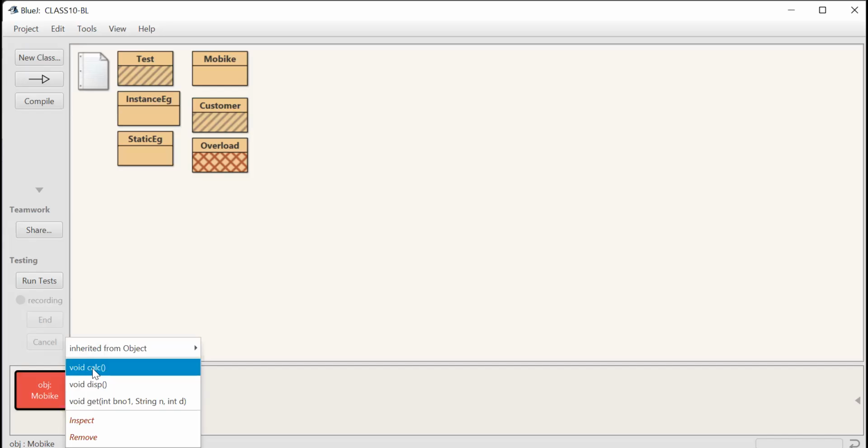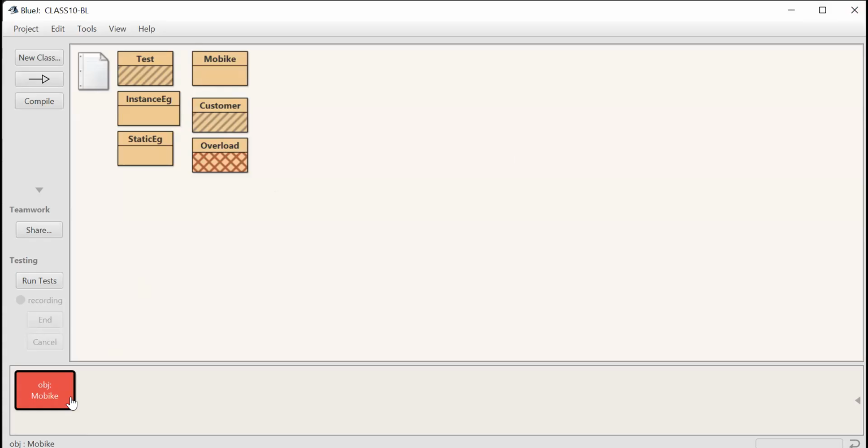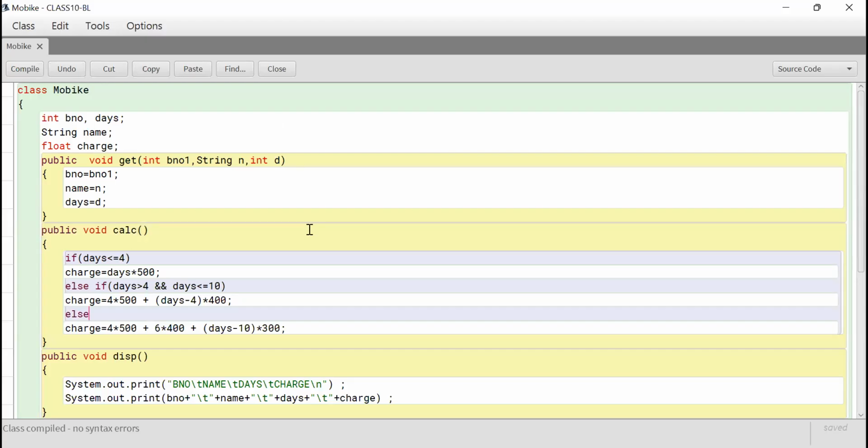Now right click, call the calc method by clicking it. Then again right click and call the disp method. You can see the amount here. BNO 1234, name ABC, days 12, and the charge is 5,000 as we calculated. So you're getting it right. Now here the disadvantage is that you have to call the methods one by one. So instead of that, you write the main method in the program,